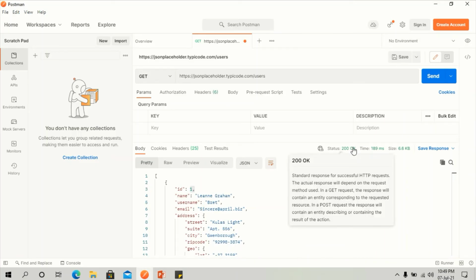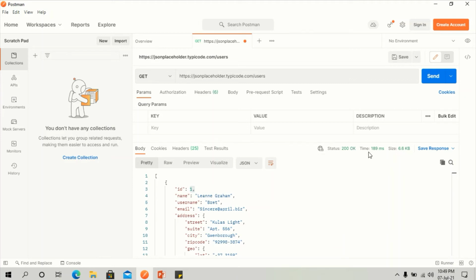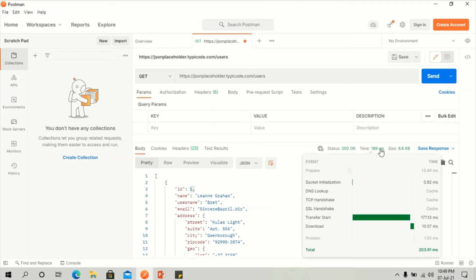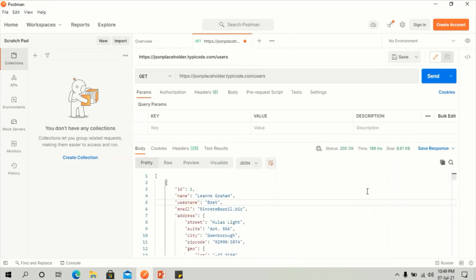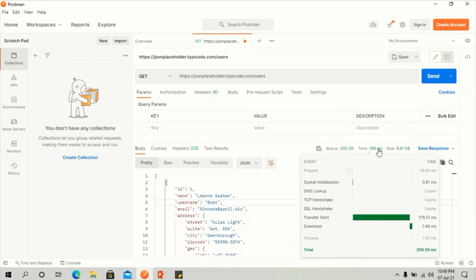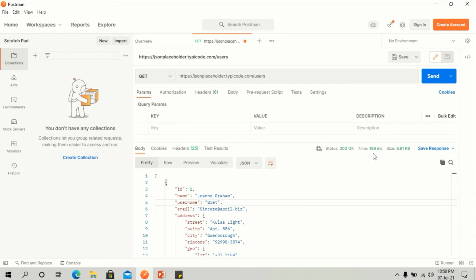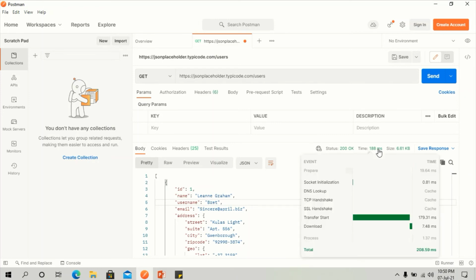Now we will see time. Time is the duration. Here we can see it is 132 ms, and it will increase or decrease according to the internet speed or the server speed. So here we can see the whole time taken by the request, that is the duration between the sent request time and the received response time, which the response took after we sent the request.